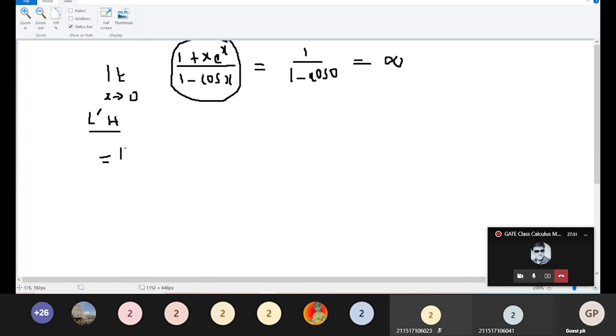This is the limit as x tends to 0. So when finding the limit value of a given function by applying L'Hospital, you may expect a question like this. Again, differentiating the numerator separately, the differentiation of 1 is 0, and the second term is a product of two functions.